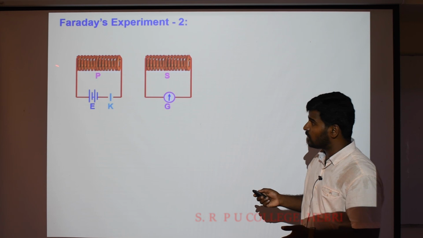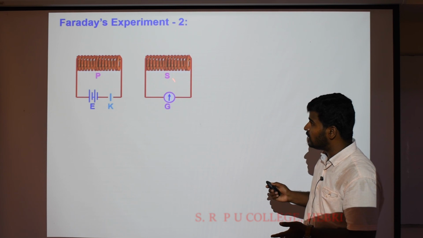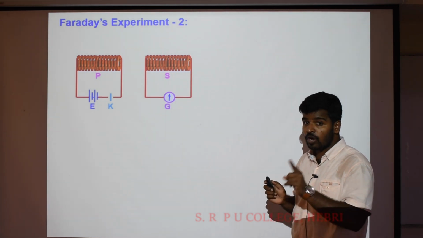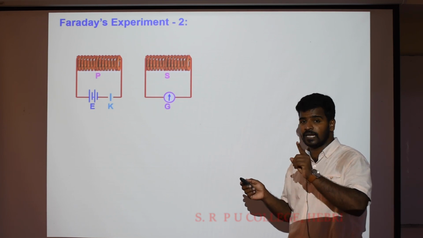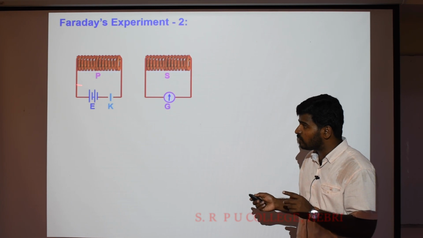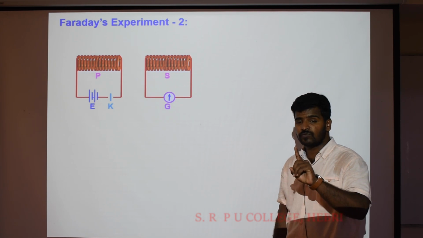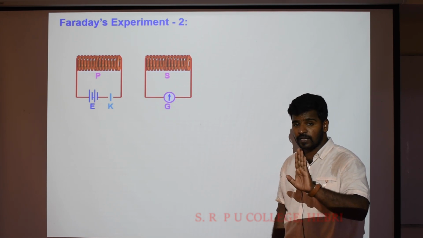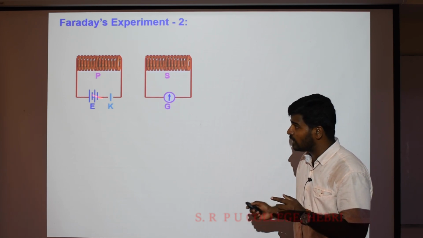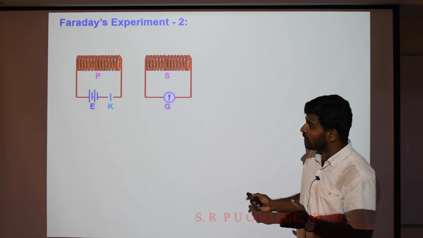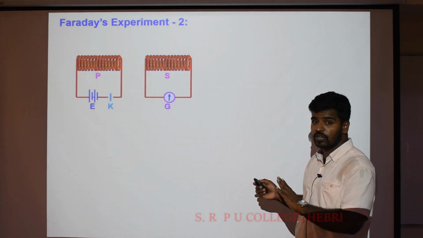Is it clear? Therefore, the primary coil is connected with a battery along with the key, and the secondary coil is connected to a galvanometer. Here we are not using any magnets. That is the reason why we have written the heading current induced by varying current. See here, the primary coil in which we have connected the battery, when the key is pressed, the current rises from 0 to maximum. As the current increases, the magnetic field as well as the magnetic flux across the coil increases. Is it clear? As the magnetic flux across the coil increases, the magnetic flux linking the primary coil with respect to the secondary coil also increases.